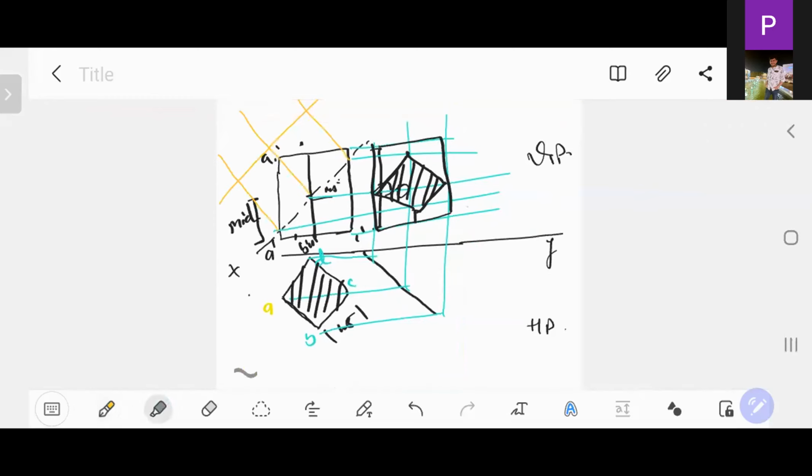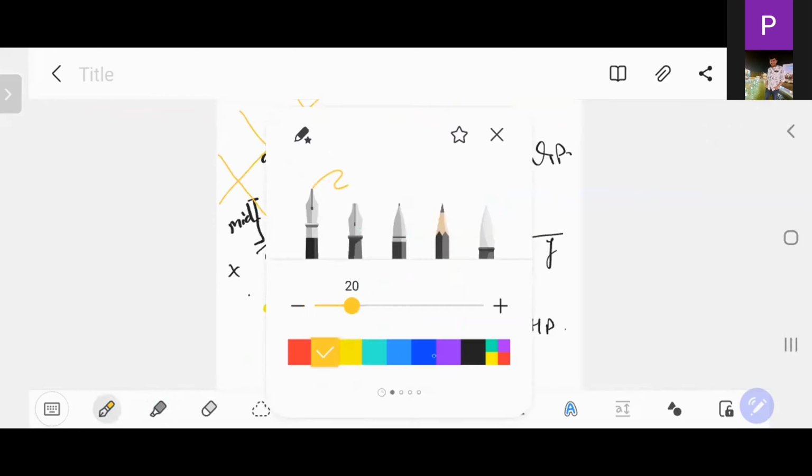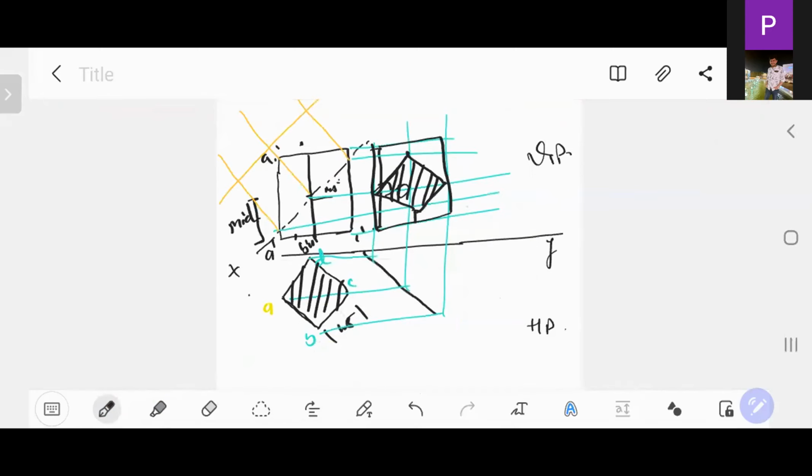But now the true shape is very easy, right? What you need to do is you have to make the points like this. See, this is the point A, so this is the point A. A will be here somewhat over here. Here will be the point B and D will be like this, and this is the point.